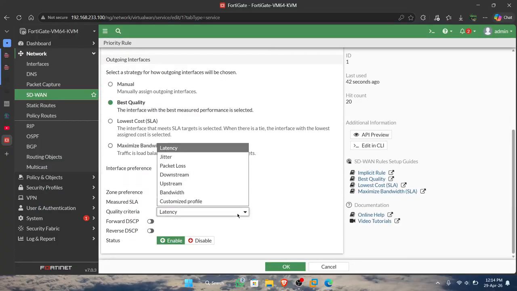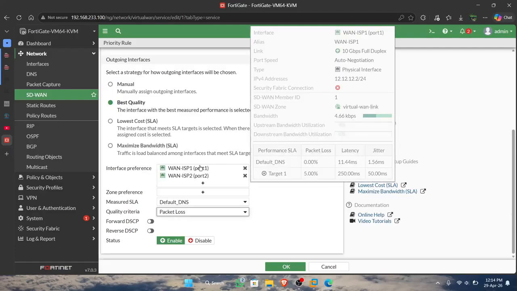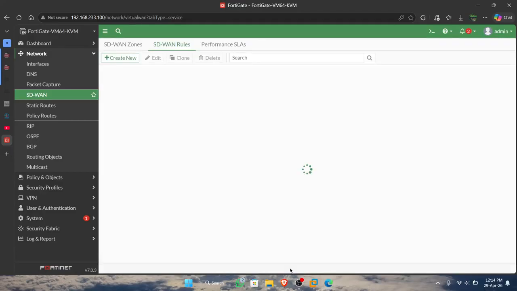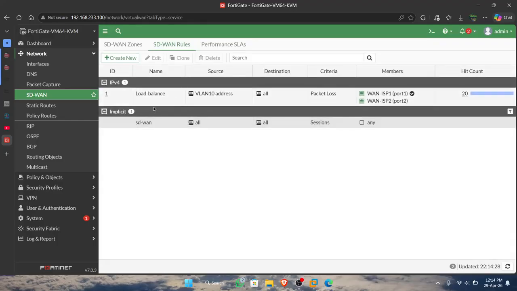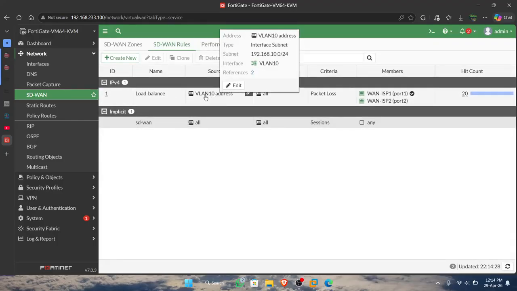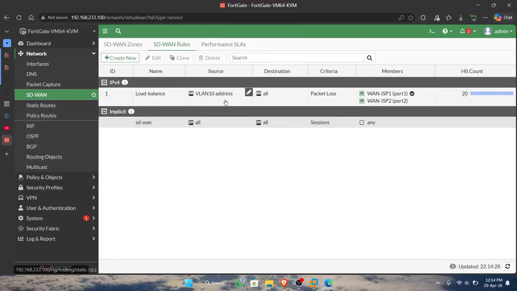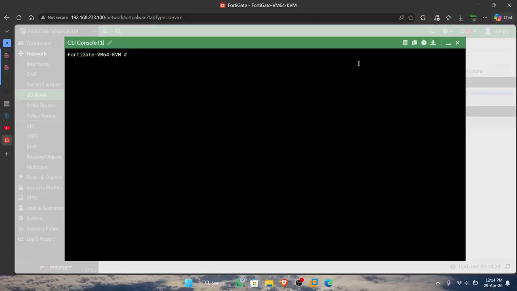packet loss, because we can check the difference when we make load balance for VLAN 10. Okay, SD1 service.